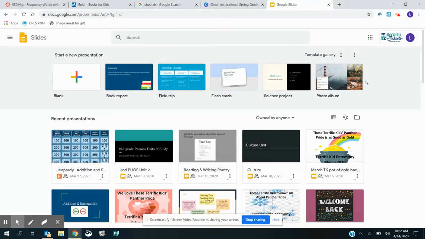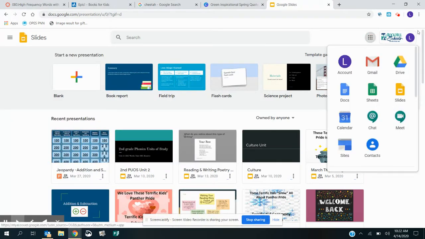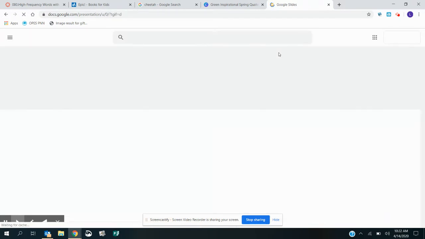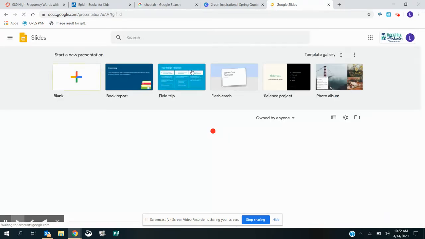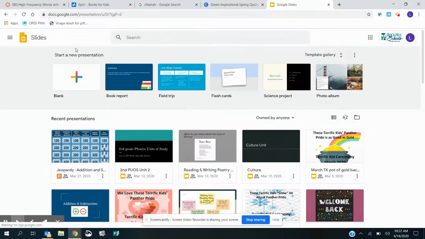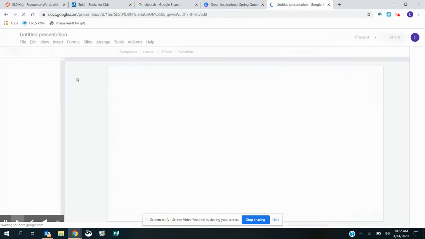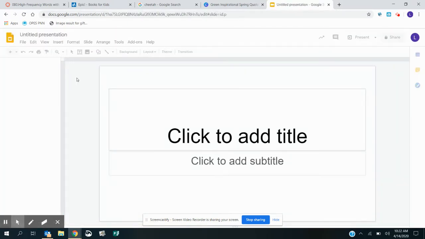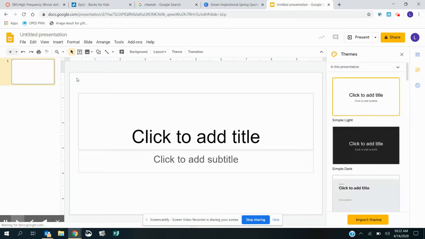So what you're going to do is you log into Google, and you click on Slides. This is what the teachers use for a lot of our presentations, okay? This is some of the ways that we've used it. We're going to click on blank. So you're going to start a blank slideshow. And this is going to be just like PowerPoint, like some of us have already used in Miss Gadsden's class